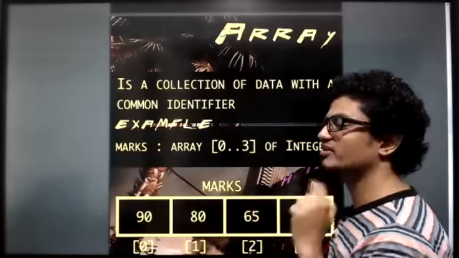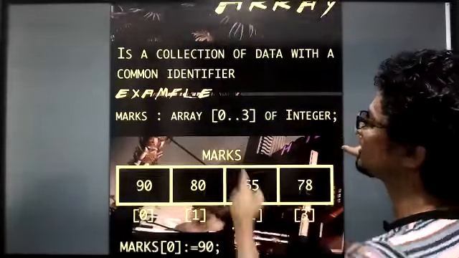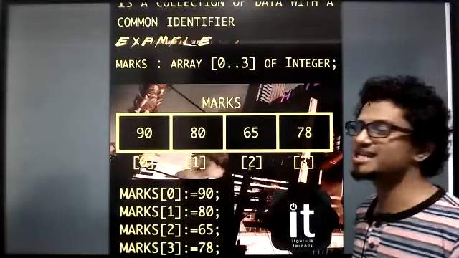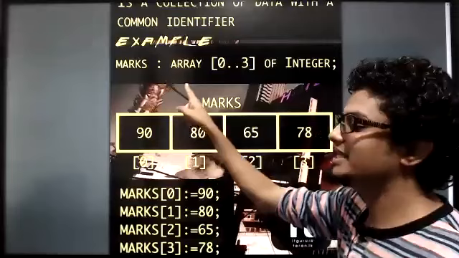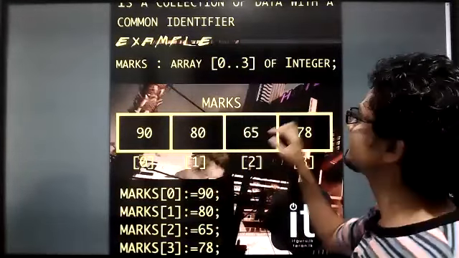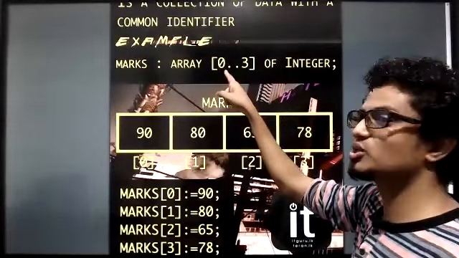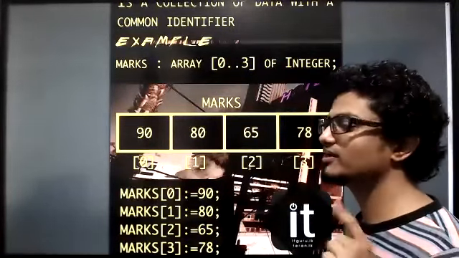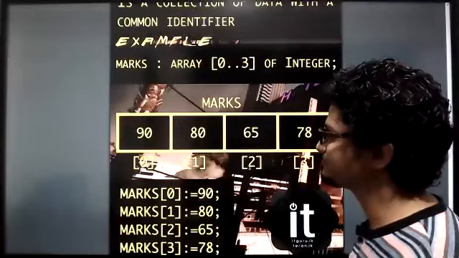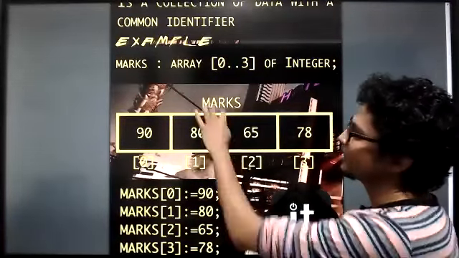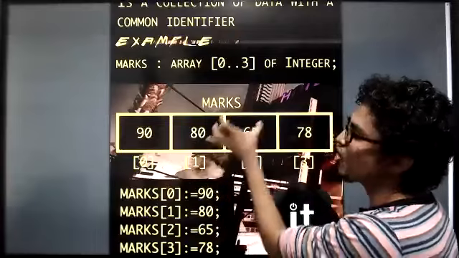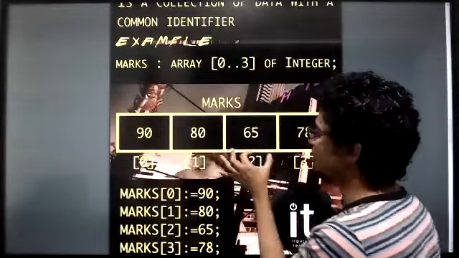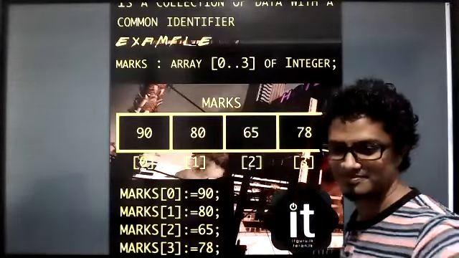Marks. Now everyone focus. Even if you could not understand this, you will understand it further by looking at this. When I say marks is an array of integers which is going to have its elements from 0 to 3, what will happen? This is what will happen. It will create the marks array and it will have 4 rooms. Why? Because 0 to 3, no? 0, 1, 2, 3, these will be the rooms, right?